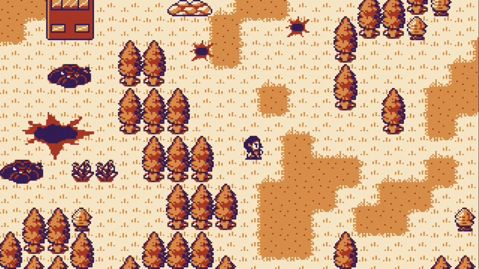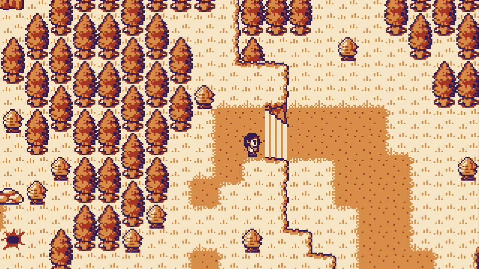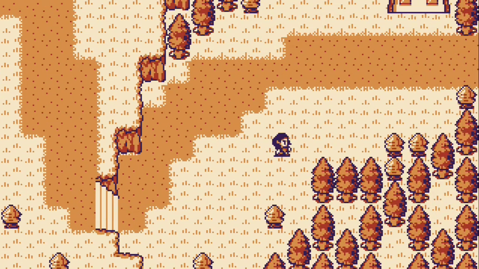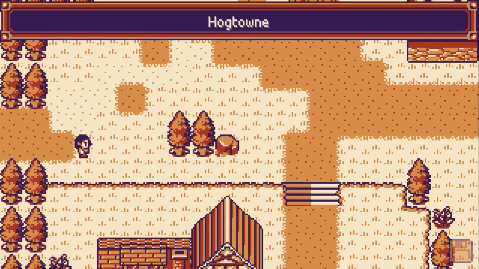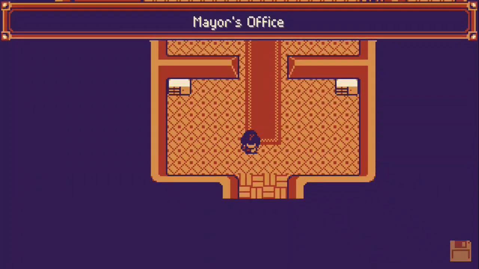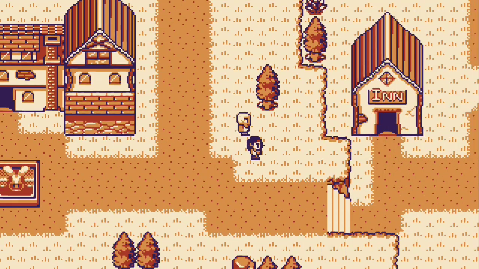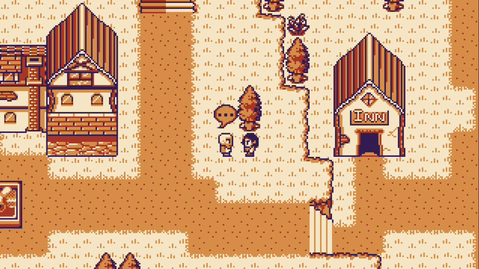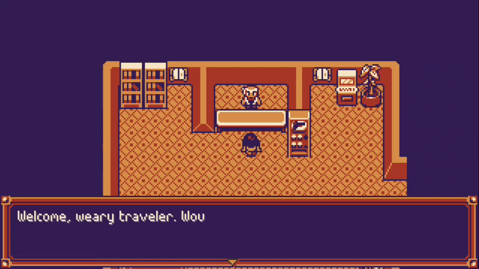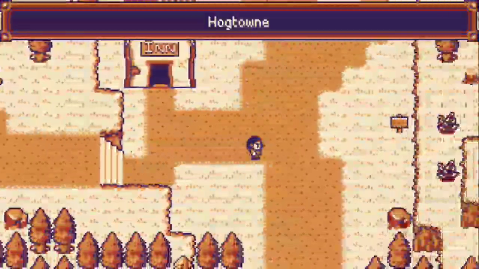We're on the outskirts of town now. And then you come into houses like this. Here's the mayor's office. You can talk to people. Then you go into a place like the inn. I'm not gonna hit myself though. And they have things